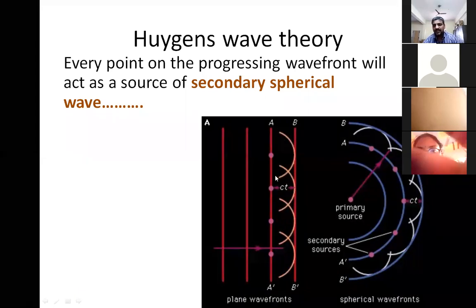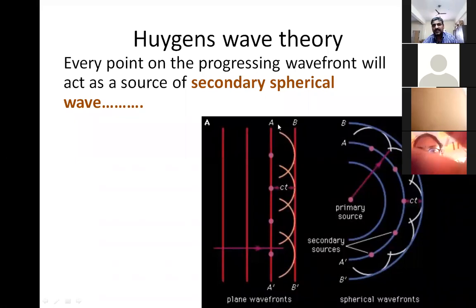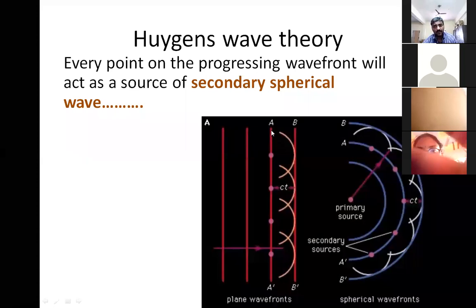You may get a wrong impression that it is not a perfectly straight line. It is having curves. Please remember, I have taken only 4 points. But on a straight line, there are infinitely many points. So instead of drawing 1 point here, if I draw so many neighbors at every point, you can understand that these arcs are going to be pretty small arcs. And when the gap between 2 points tends to 0, then it will become a straight line. When you increase the number of points here, these arcs will overlap and ultimately form a plane here, a line, right?